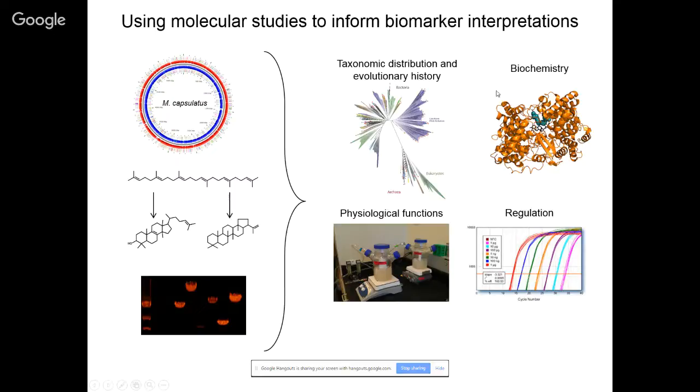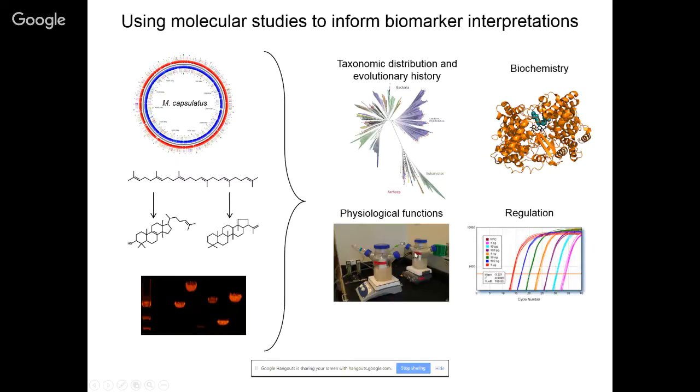We can also do some of the biochemistry involved in the biosynthesis of these molecules. Something that's come out of our group is that a lot of the proteins that we're identifying that are involved in the biosynthesis are actually novel hypothetical proteins that have no known function. And so it's been kind of interesting to try to characterize these biochemically and discover what motifs they're using and what mechanisms they're using to make these lipids.